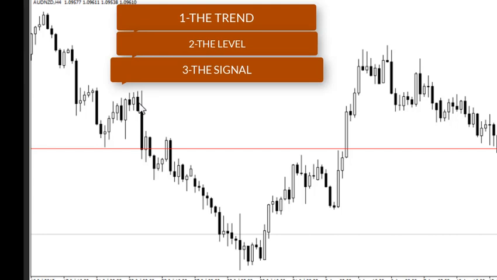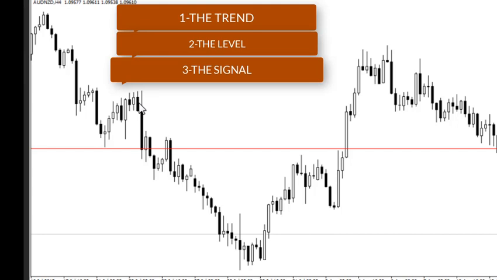The first factor is the trend. You have to make sure that the trend is either up or down, and you have to find the key level or the level in general. So in this case, we will look for the resistance level, and the third factor is the engulfing bar. You have to make sure that the engulfing bar is really an engulfing bar and not